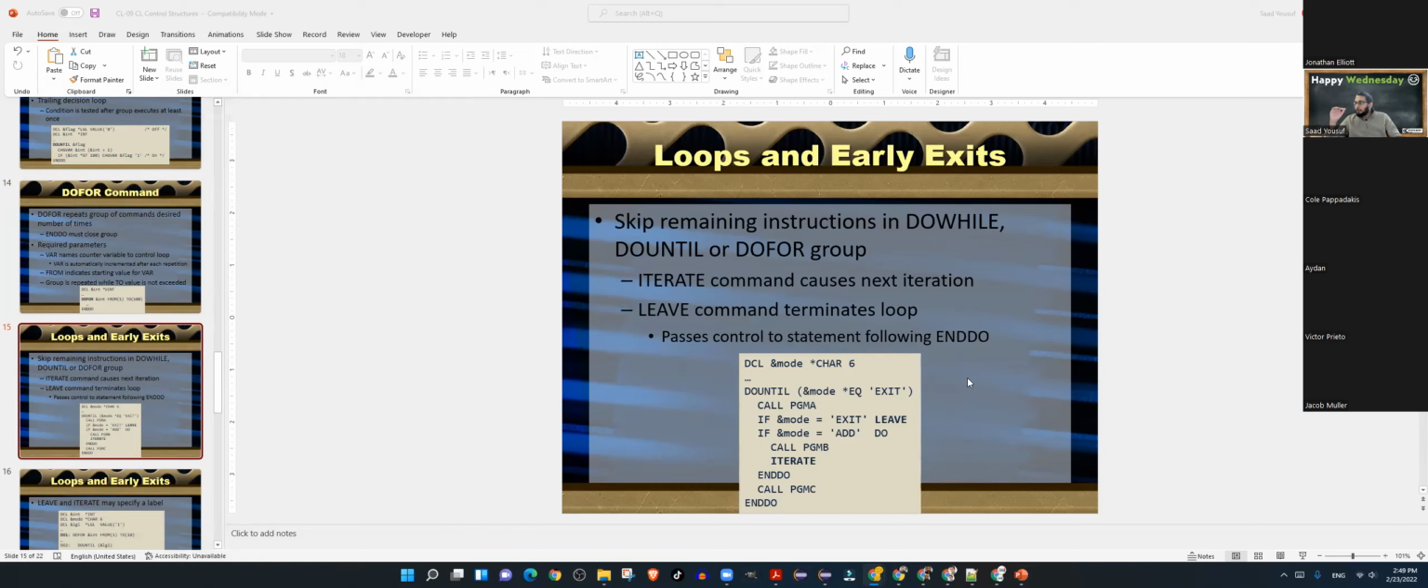And if you want your loop to terminate before it reaches the end condition, like break, as we have in Java or C#, we use the word leave. So for example,